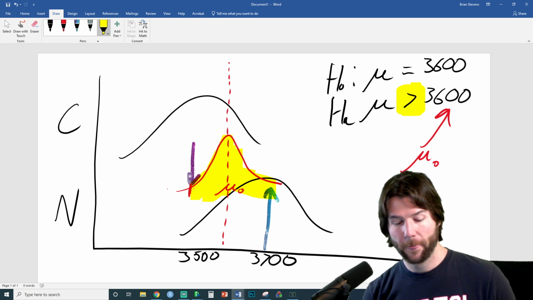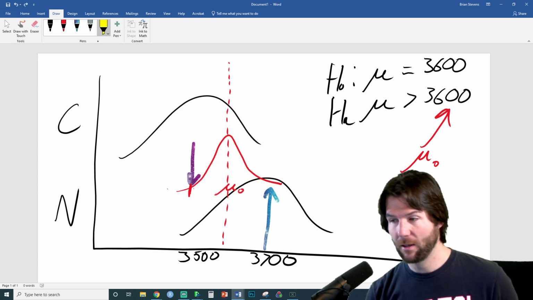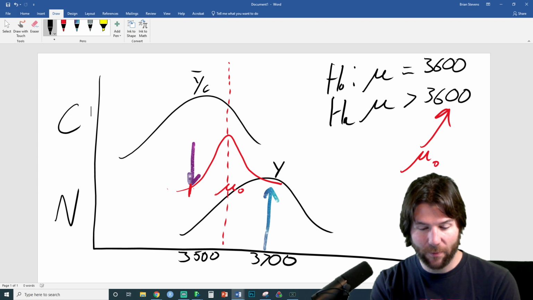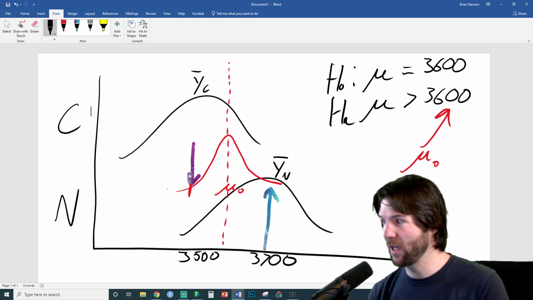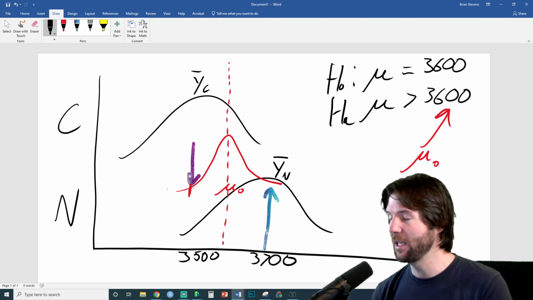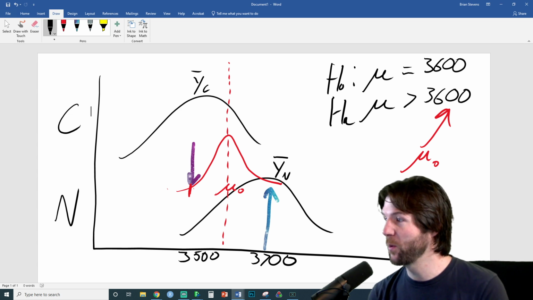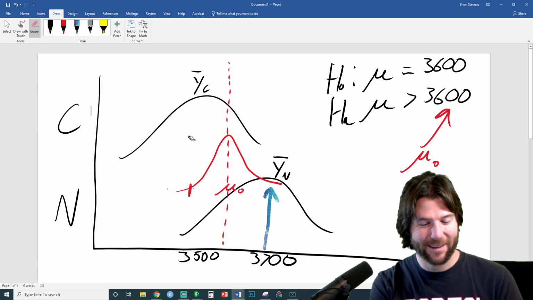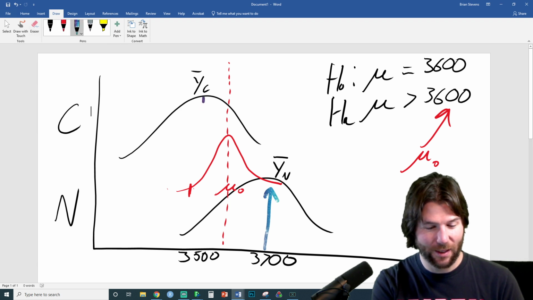And think about this. This is where the sample mean is at. This is Y bar current. This is Y bar new machines. So does everyone understand that the sample mean for the current machines is below what we hypothesize? Oh, the arrow is pointing down. Oh yeah, because it's not right on the mean. The mean of the distribution is right about here. There we go. There's the mean of the distribution.